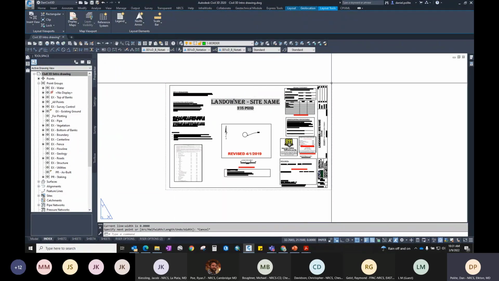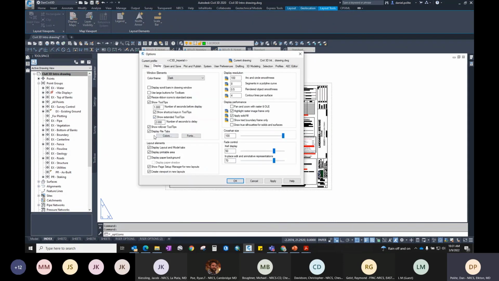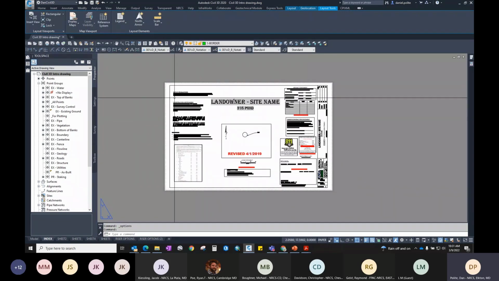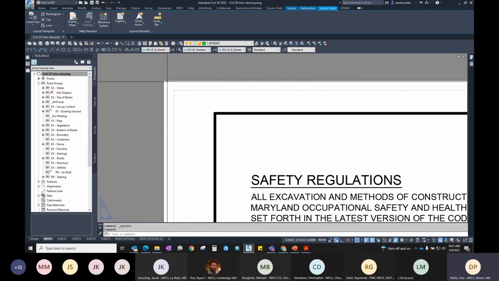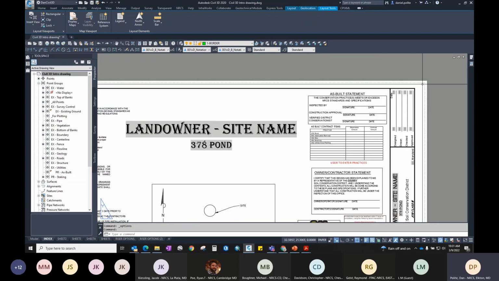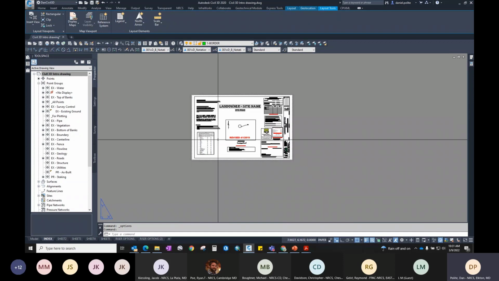It's not showing my actual paper. If I go back to my options and display paper background, this is actually my paper. This is my margin set based off of that paper, so it won't go outside of that. So could we make these a little bit bigger? Yeah, we can make them a little bit bigger, but this was something that NRCS said, we went off of their